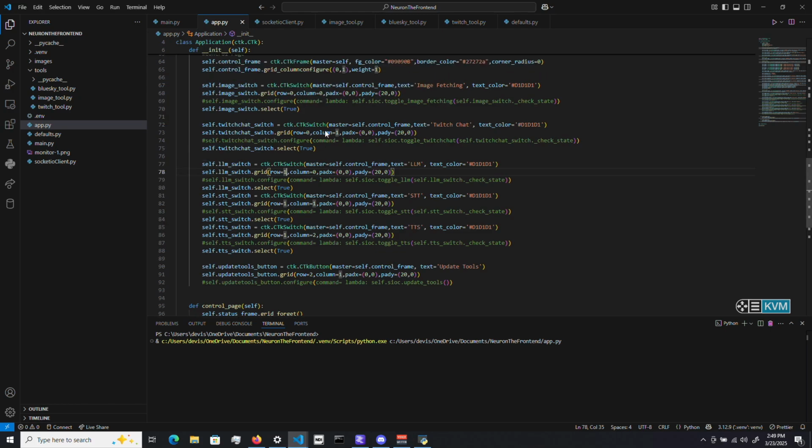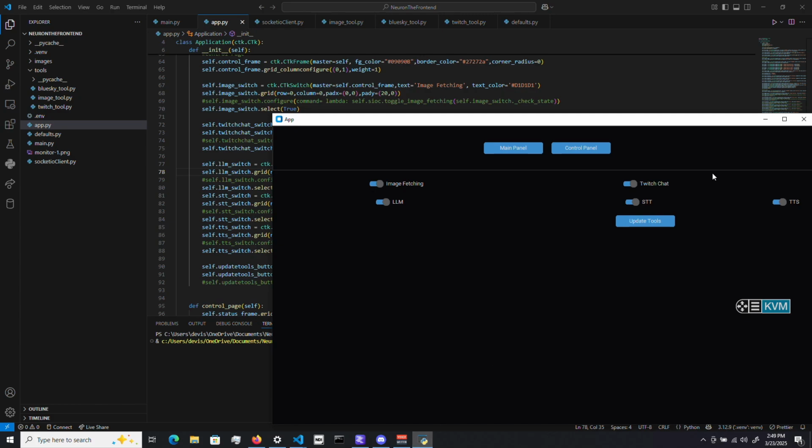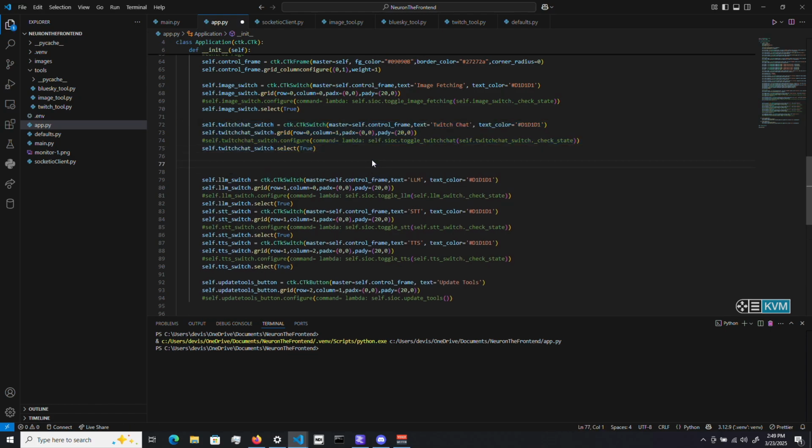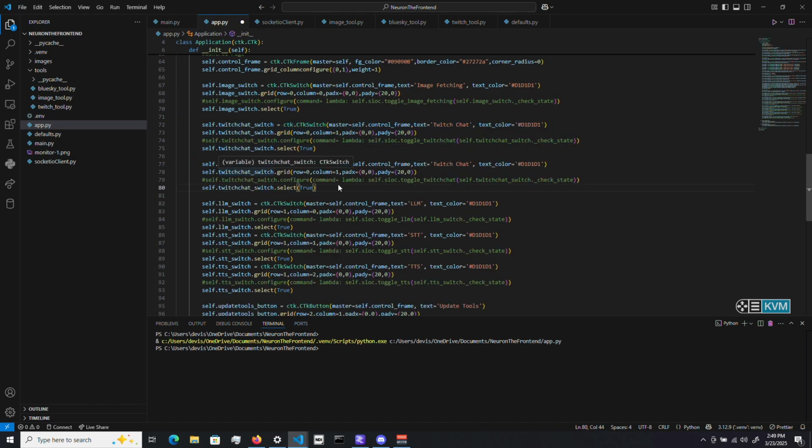Oh, is it because row 0 doesn't have a column 2? That's fair, I guess. Alright, fine, we'll add in... Son of a bitch, I hate everything. Command-C, down here, Command-V, thank you. So instead, Twitch chat, we're going to make this